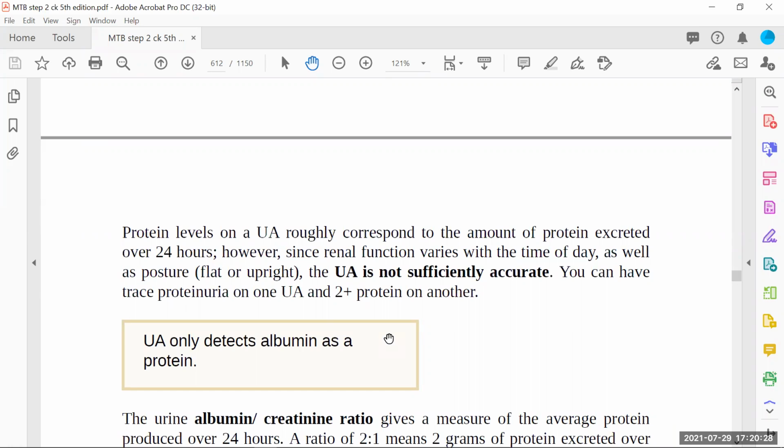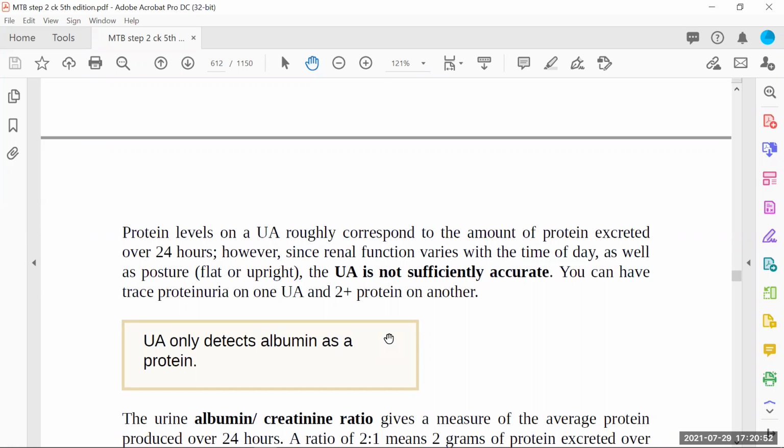However, since renal function varies with the time of day as well as posture, like those who are flat or those who are upright, if we are upright, the body has to work a lot because of anti-gravity. So of course, at that time, we will see different amounts of protein levels. So the urinalysis is not sufficiently accurate. That's why we have to have some more. It's okay, the initial one is urinalysis, but we have to have some other tests also